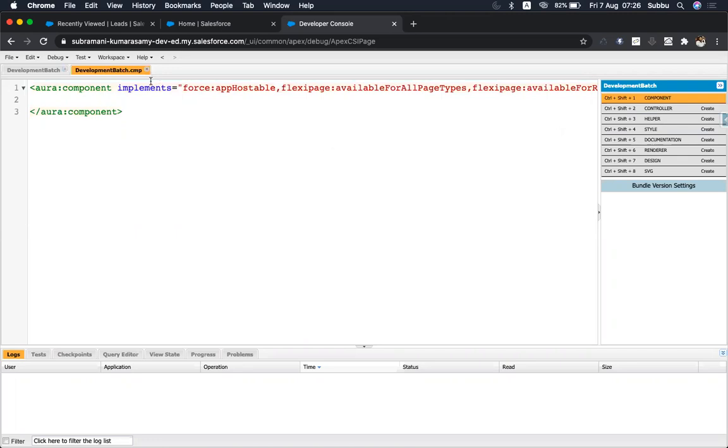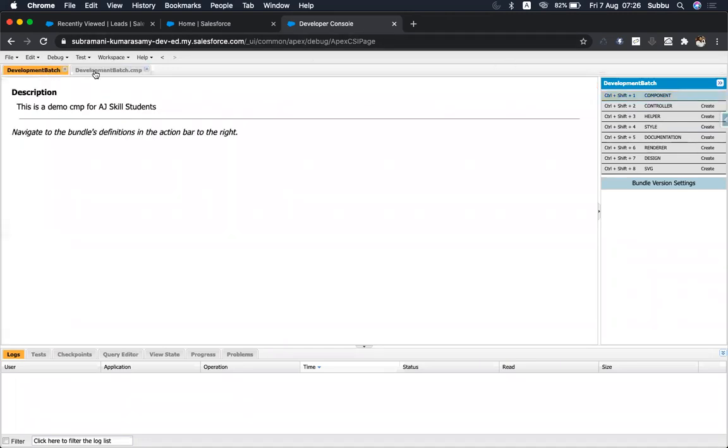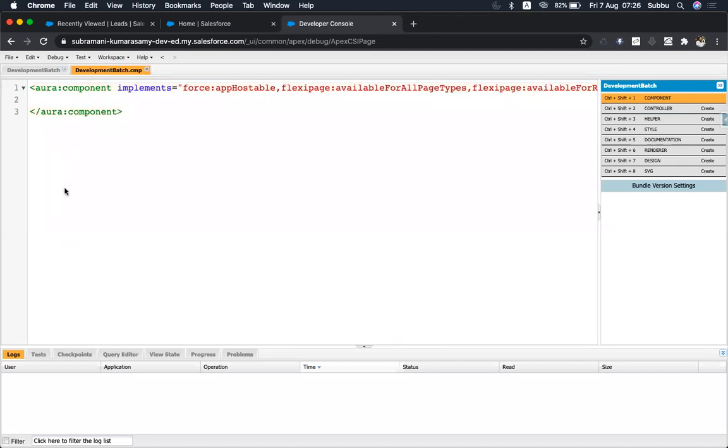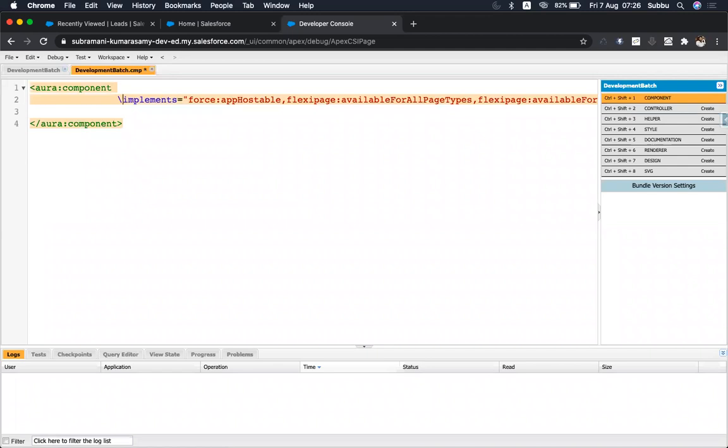Okay. So if you see, when you created the Lightning component, you selected a few interfaces, right? Since you have selected the interfaces, it implements all the interfaces which you have selected here.